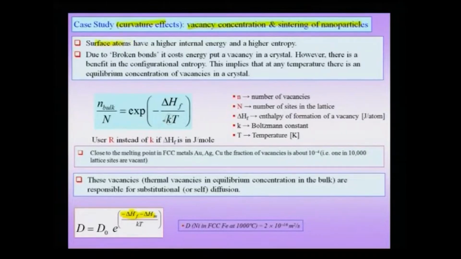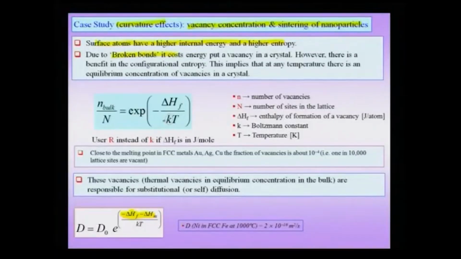Now, we know that the surface atoms have a higher internal energy and also higher entropy, because there is a larger freedom for the surface atoms. They are in a different state of energy and entropy as compared to the bulk of the material. We also know that broken bonds cost energy to put in a crystal. That means, if you have a vacancy in a crystal, then it costs you additional energy, but there is a configurational benefit which you get, and therefore, there is an increase in configurational entropy,